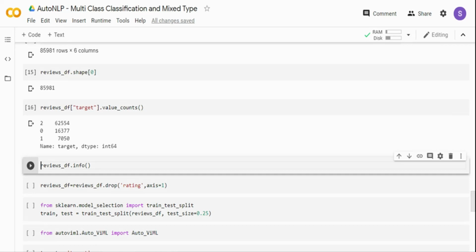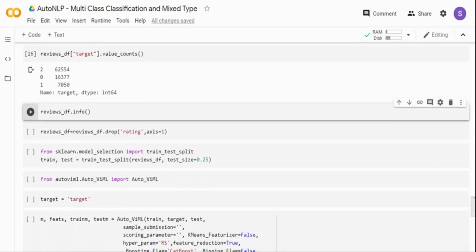And one more thing, AutoML is just to get an intuition of how the modeling technique is performing. It is not going to give you a perfect model that you can turn around and deploy. Maybe you want to take the initial understanding output of this particular model, and then further fine tune it and apply it. Right? That's what we typically use AutoML for. So this is the target category.